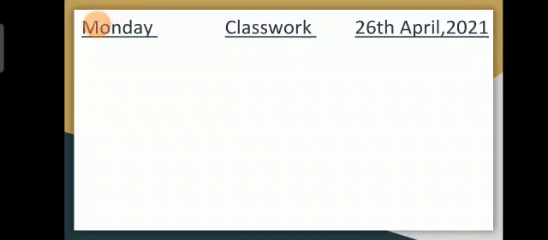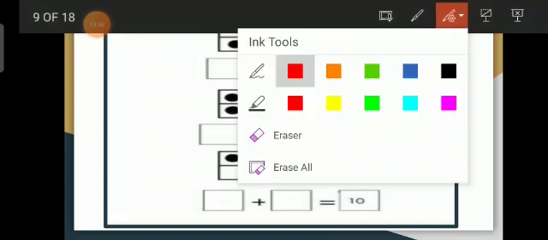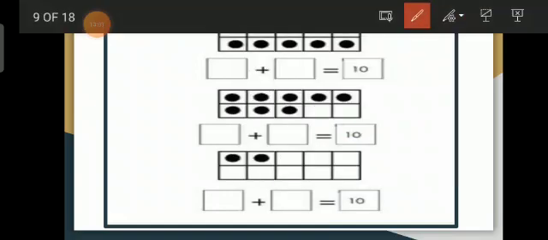Now look at here. On this one slide, we are going to count the black circles. In the first line we have 5. In the second line we have 5. So we are going to write down 5 plus 5. That gives us altogether the answer 10. Okay, now next, count the black circles. 1, 2, 3, 4, 5, 6, 7, 8 black circles are there.